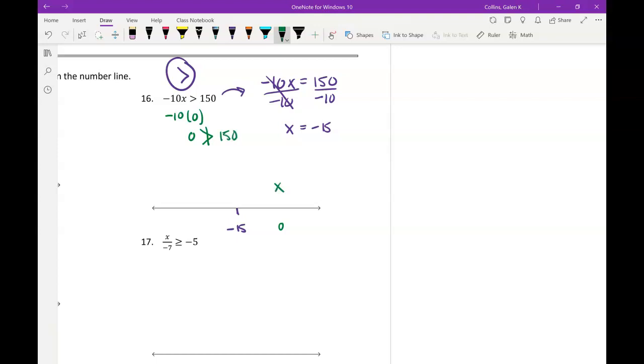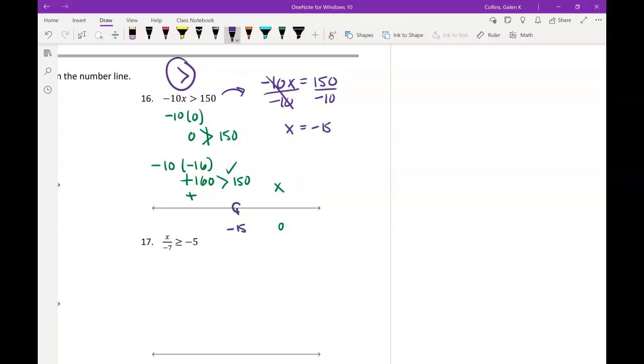So let's double check. Let's pick a negative number to the left of -15. How about -16? So -10 times -16, that's positive 160. Negative times a negative, that is greater than 150. So my solution